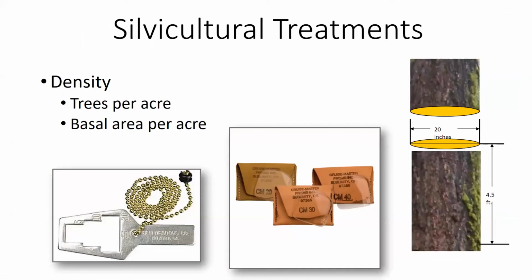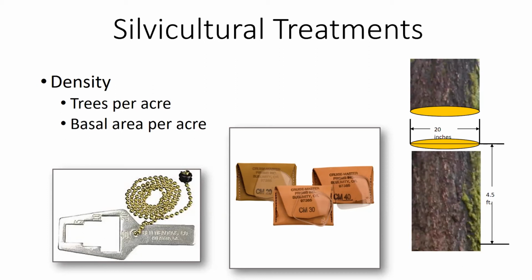So the best way to prevent major forest health issues in your stands is through silvicultural treatments. These are preventative treatments. You want to prevent these issues from becoming an outbreak in your stands. And in order to talk about density in your stand in relation to bark beetles and some of these other